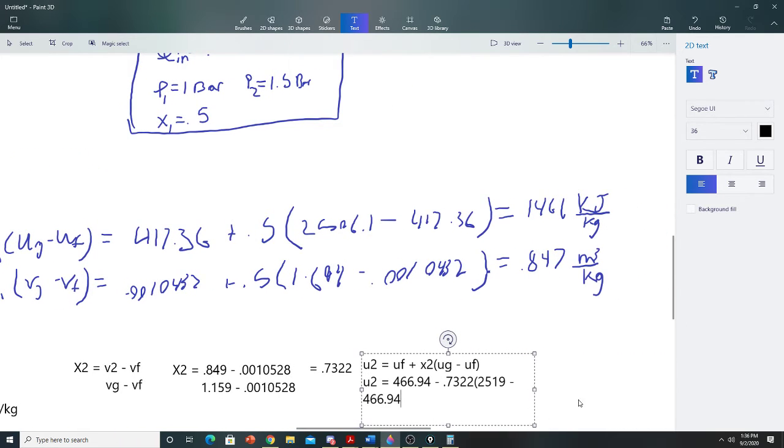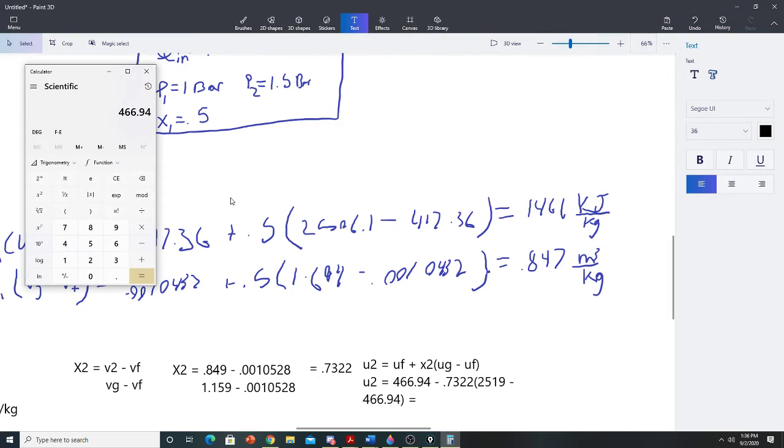So we'll slide over just a bit here. And it equals, whenever we type it in, some number, we'll see. So 466.94 minus 0.7322 times 2519 minus